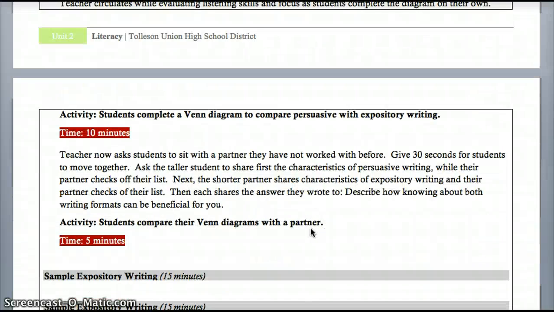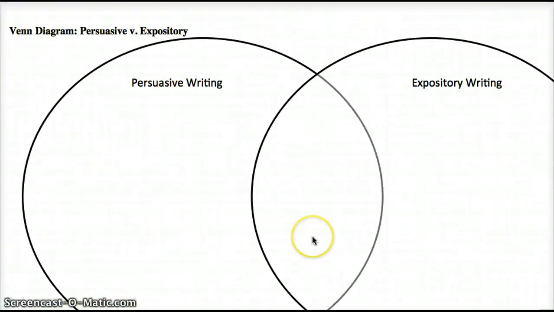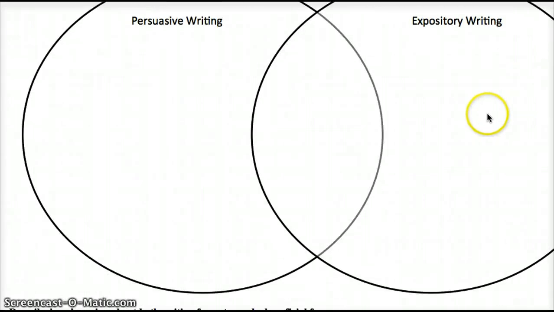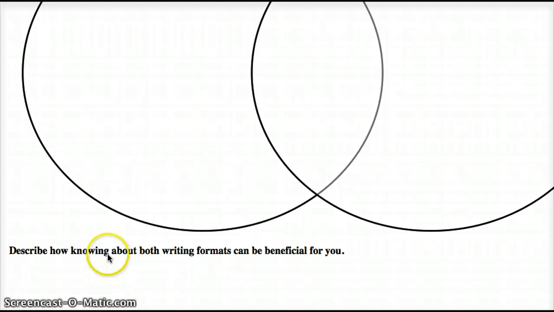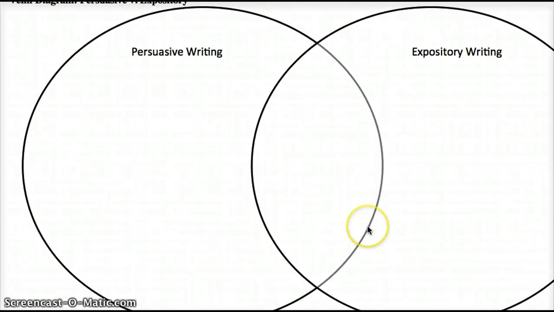And so after you do that, you're going to give students the opportunity to brainstorm using a Venn diagram chart. So you're going to have students write down all of the characteristics they can think of for persuasive writing, the same for expository writing, and then answering this question. After students have done this independently, they should get with a partner that they've never worked with before,